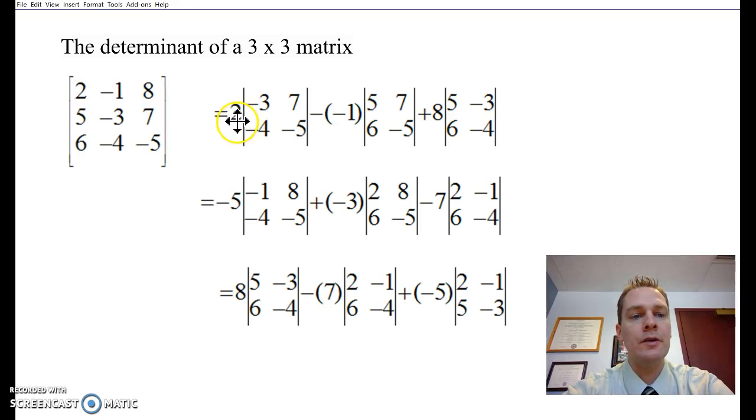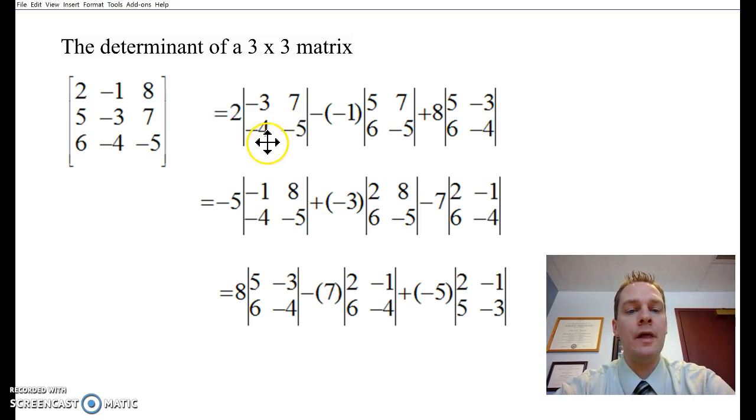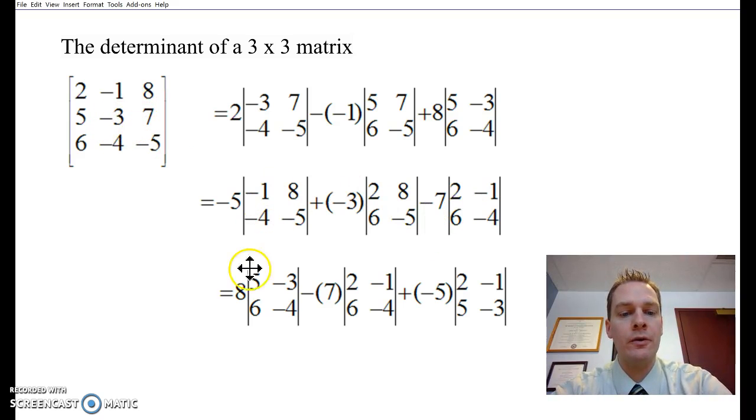For example, the entries 2, -1, and 8: the opposite of -1 because it's in that first row, second column, which is an odd sum. You can see the determinants of the minor that's left. Or -5, -3, and -7, which comes from this. The -5 from this entry, leaving the -3 and switching this to a -7 with the minors that are corresponding,